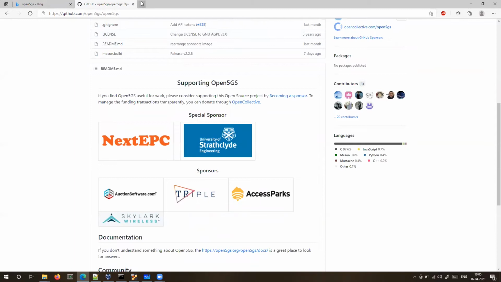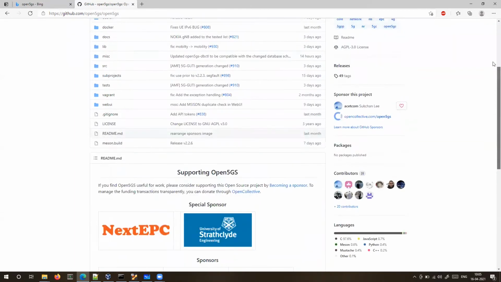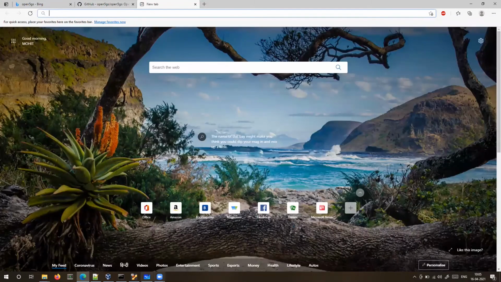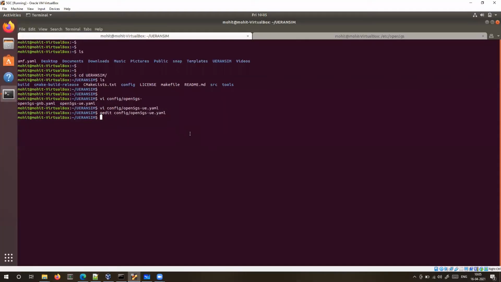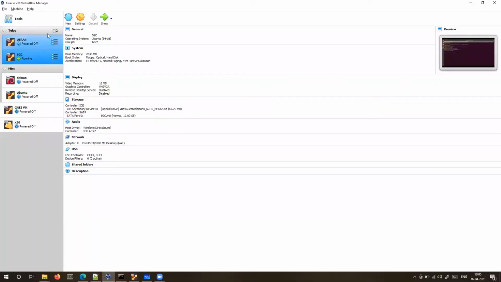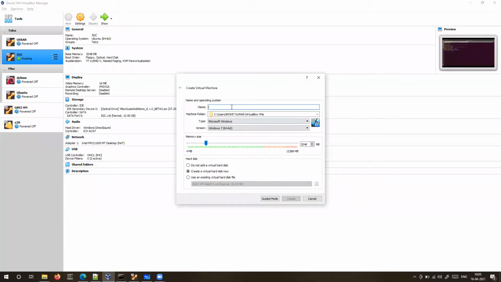So in today's session, I will show you how to install it on VirtualBox. I've already installed it on VirtualBox. Suppose I want to install it, I will just type 5GS in your VirtualBox, and you can specify the folder where you want to keep it.